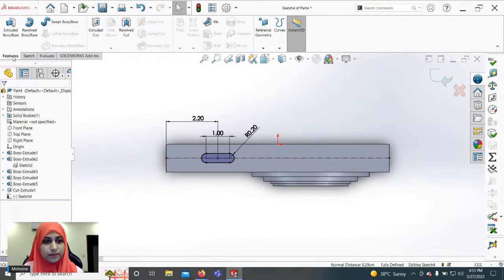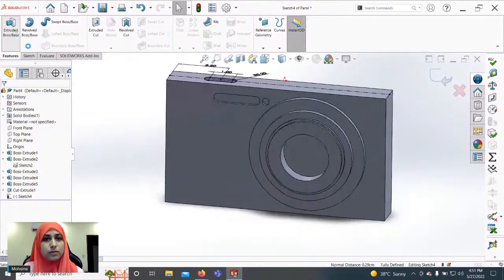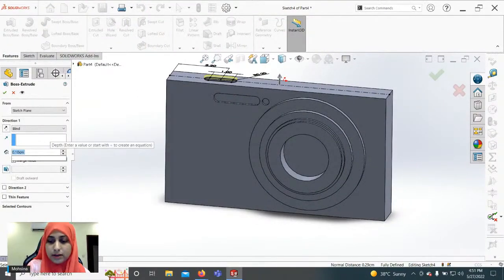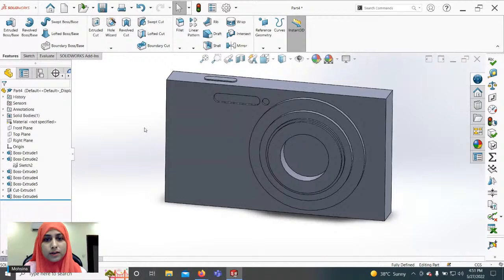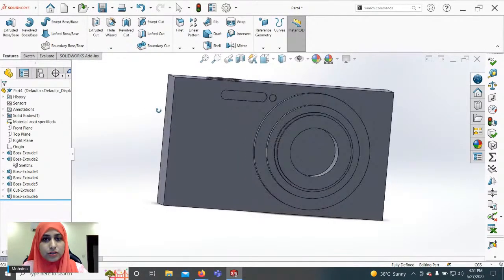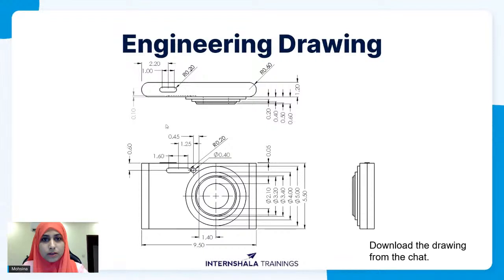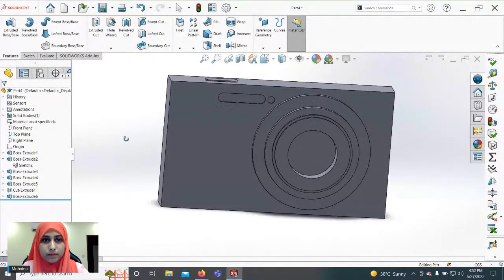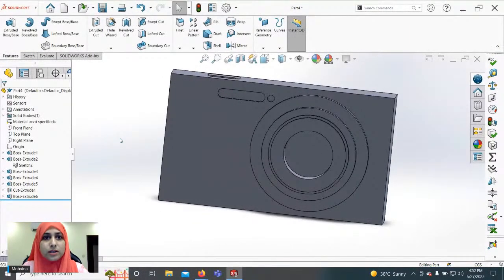Go to Features, Extruded Boss, and insert 0.05 centimeters. Click OK, and this has been created. One last feature that has to be used, you can see that from the top, this camera has a sleeker look. It is rounded. However, this has sharp edges.